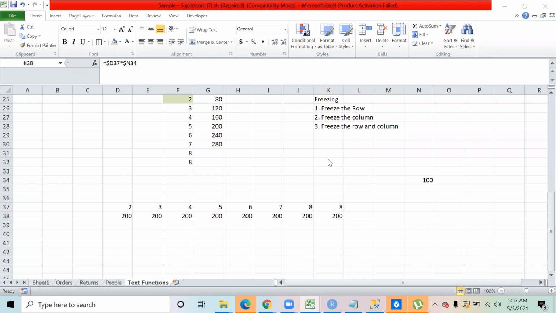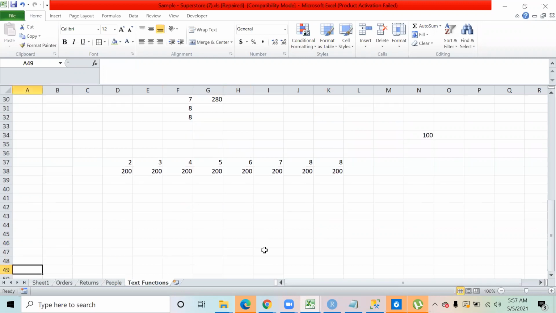Are you all trying this? I'm going to give you a small activity over here. Let's see how many of you are able to do it. I've written 5 numbers over here, 5 numbers over here, and 5 numbers over here.